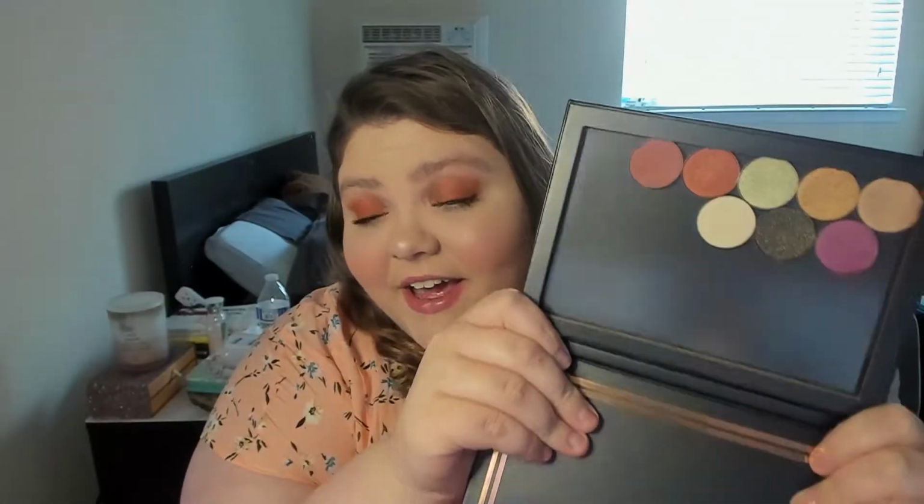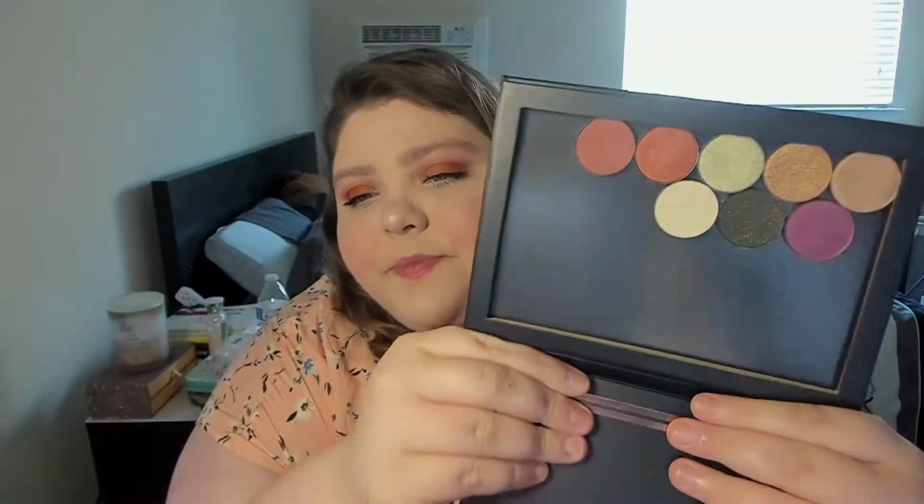So I got 12 single shadows and this big palette, and they are stunning. I'm so excited about this. I've never tried the single shadows before, so I'm really excited to have these and to have this big palette. I do have a small Coastal Scents palette with a few Coastal Scents single shadows in it, so I might just put them in this and get rid of that other palette. Look how beautiful they look. I mean, can I make a complete look out of these? Probably not. There's only one matte other than the bone shade here, but I think it's really cool,